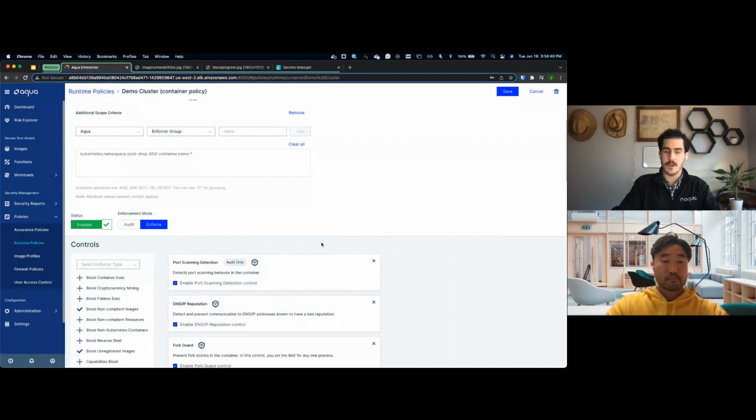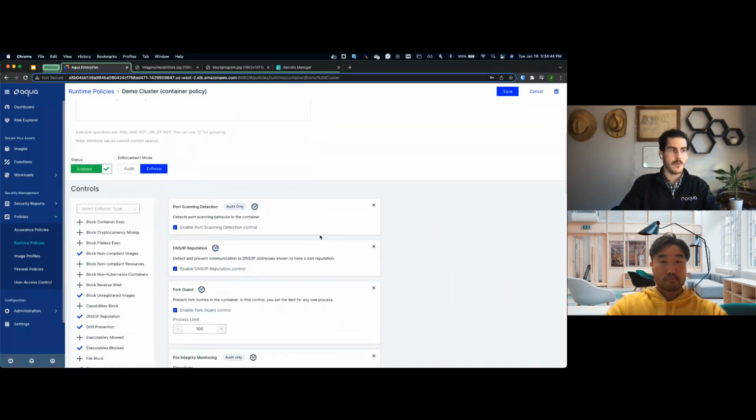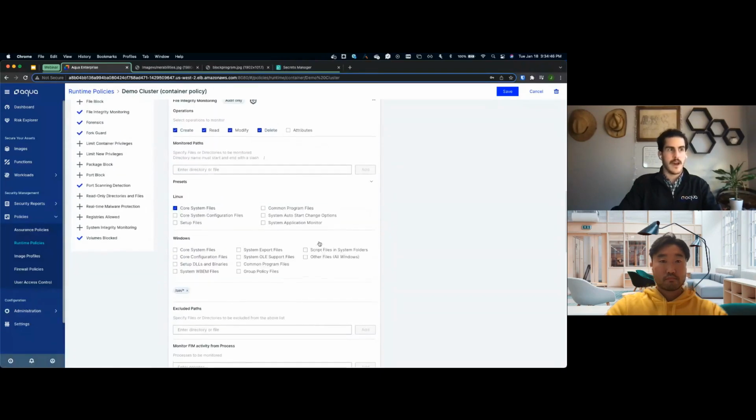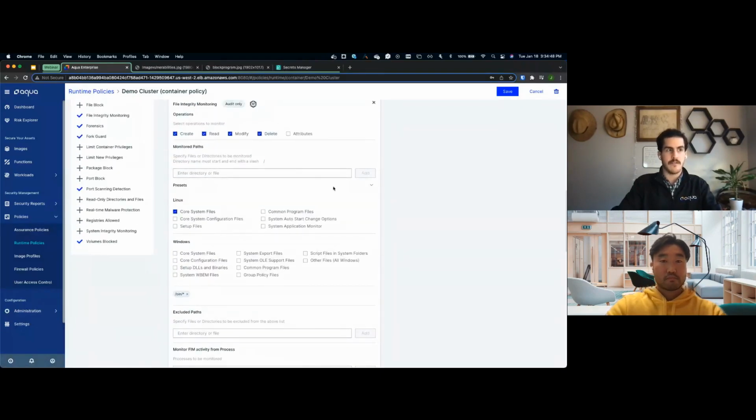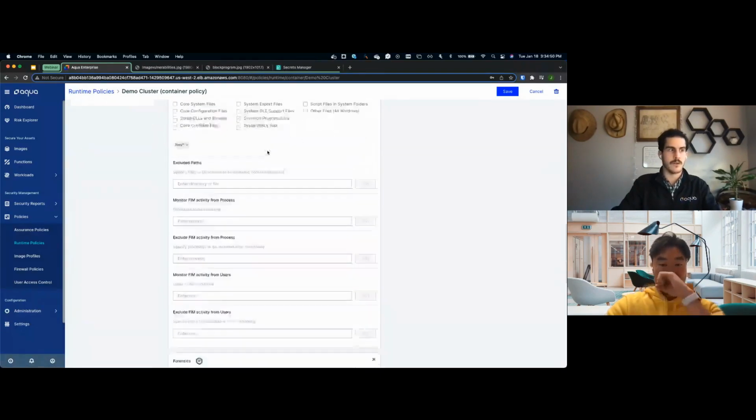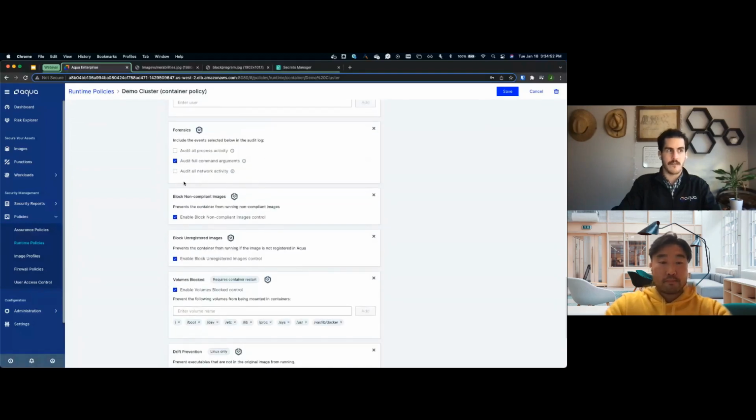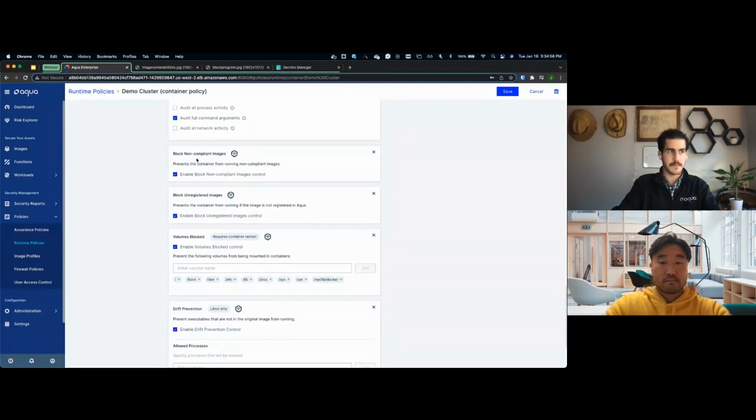We want to be able to give you the ability to prevent those actions from being taken place altogether. So whether that be something like just being able to monitor any of the file system inside of a container or a host, whether that be monitoring for full command line arguments or network activity inside of those containers, or even prevent deployment of images that didn't meet our security requirements when we had set up our assurance policies, or even something that was never scanned